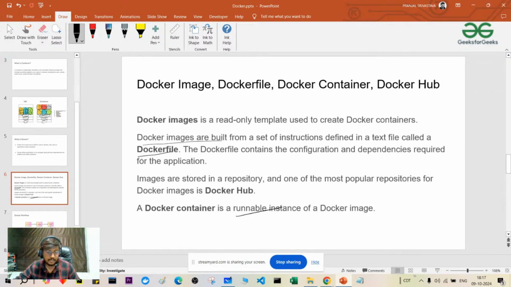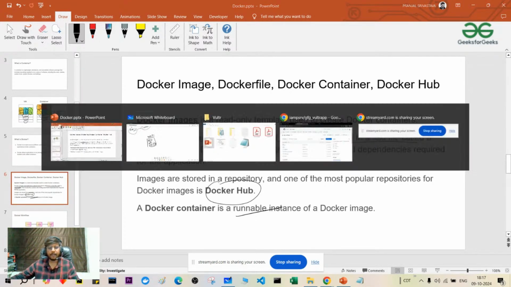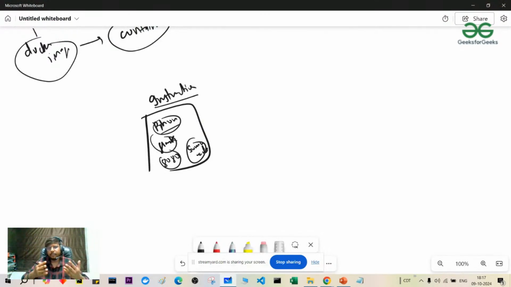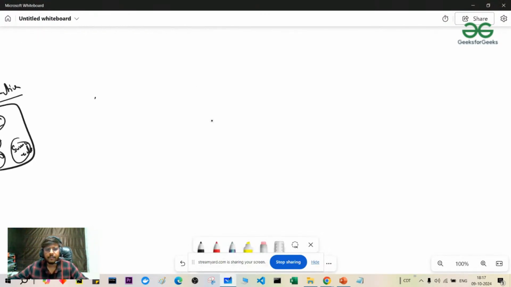So Docker images are built from a set of instructions defined in a text file called a Dockerfile. The Dockerfile contains the configuration and dependencies required for the application. Now, images are stored in a repository, and that is known as Docker Hub. Okay. Now, after creating, you got the application. Let me just write it down. You got the application. After building the application, what you did, you created a Docker image, and after that,